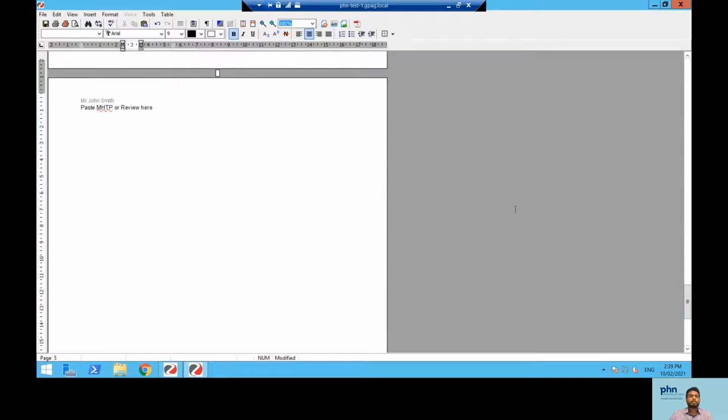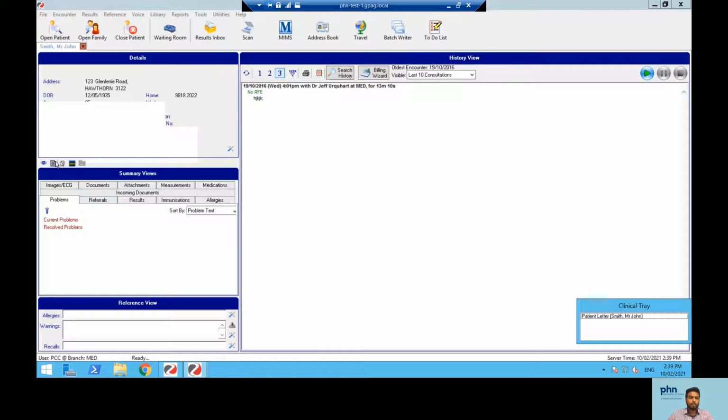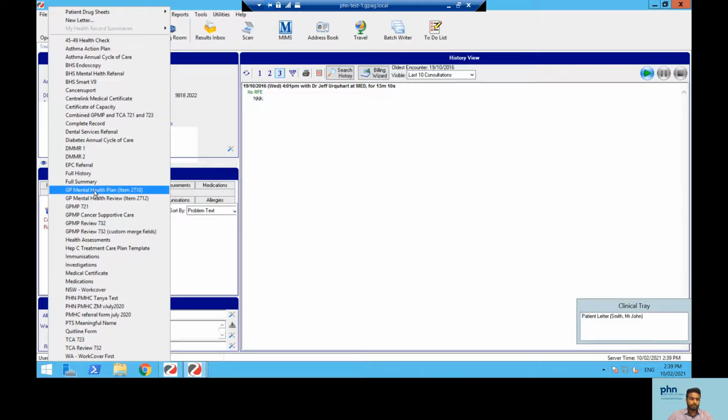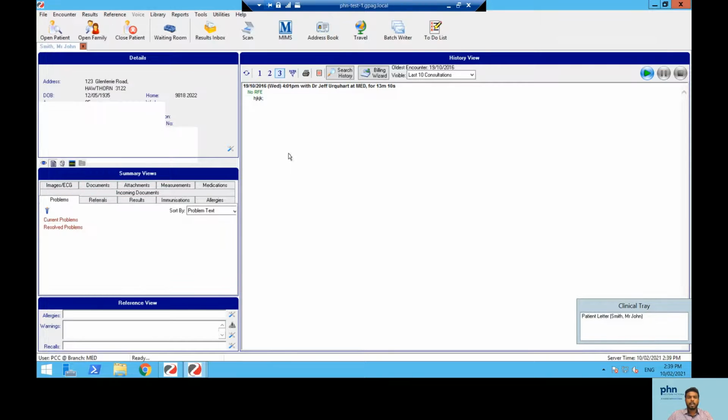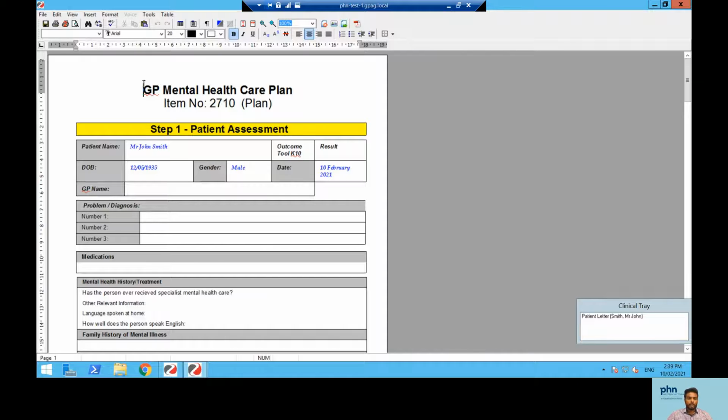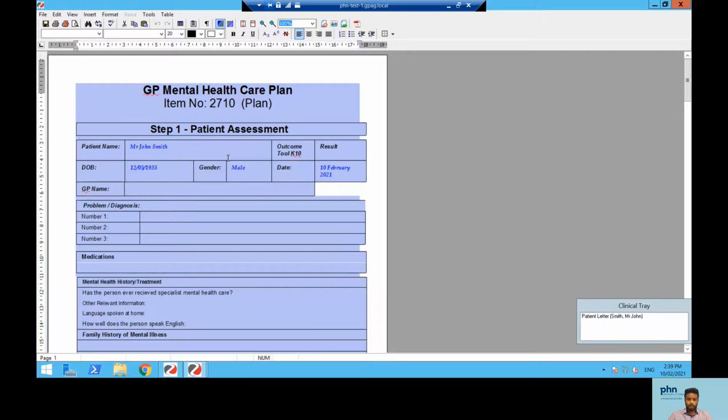The last section is a mental health treatment plan, which I mentioned before is another key part of the PTS referral form. Now to add a mental health treatment plan, you go back to the patient file. And if you already have a previous mental health treatment plan for the patient, which should be within the last 1 year, you can copy and paste that. Or to find the new forms, you can go under the quick documents section and click on the mental health plan. Now once that form is open, you can fill it in, and once you have filled in the form, you can select the whole thing and copy it